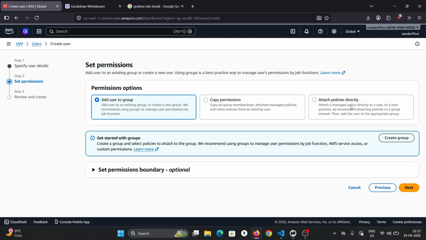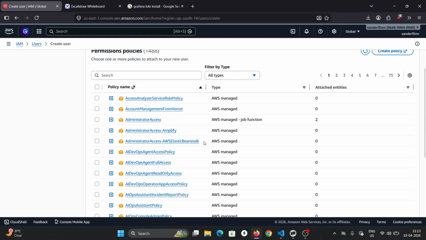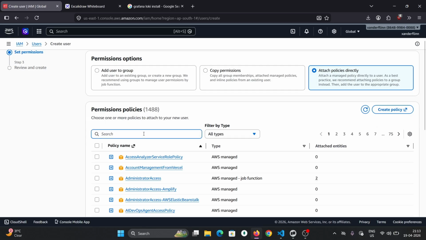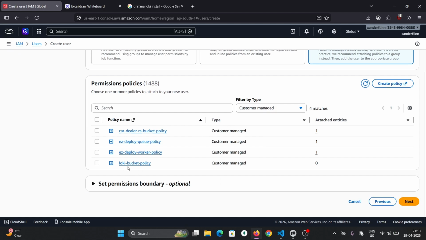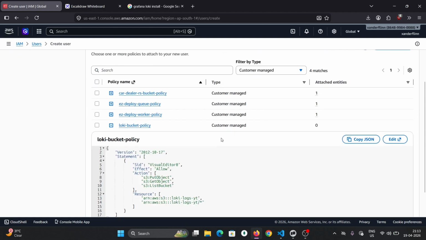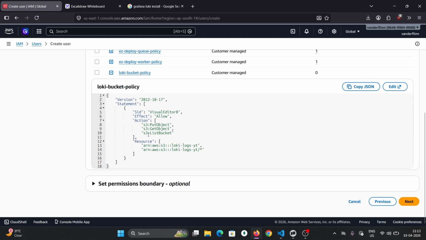Next, attach policies. I've already created a policy. Go to the customer managed policies and select this one. Inside this I have given the permissions of S3 PutObject, GetObject and ListObject, and I have to